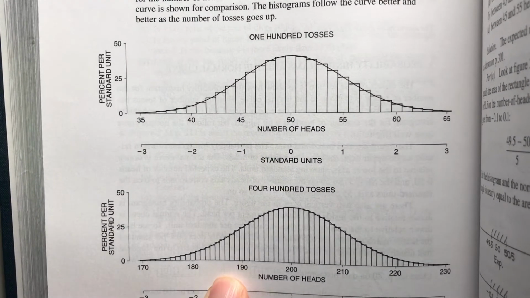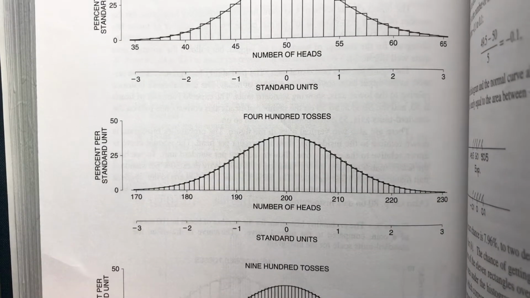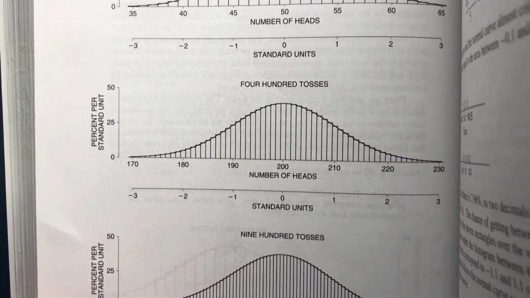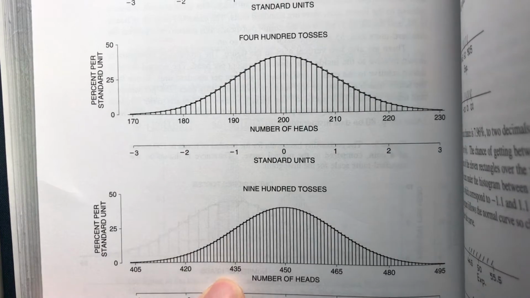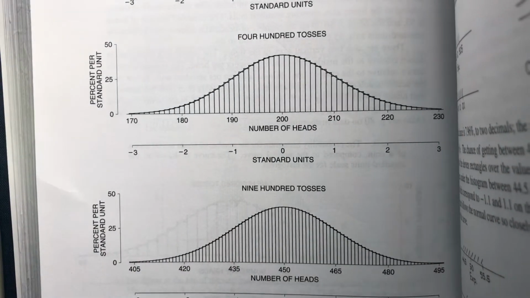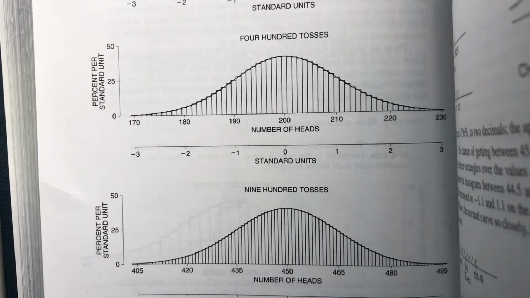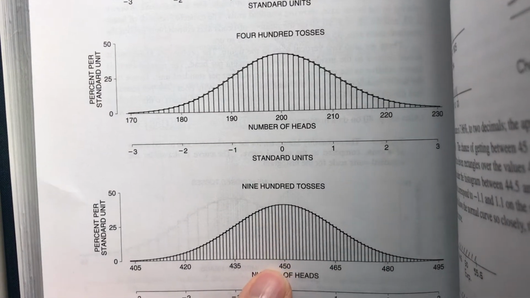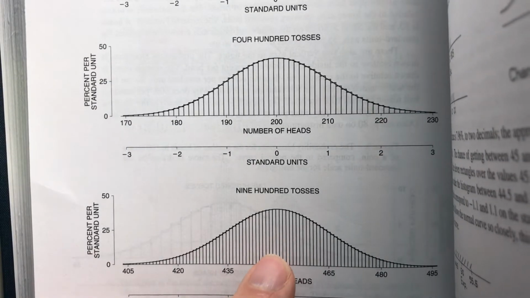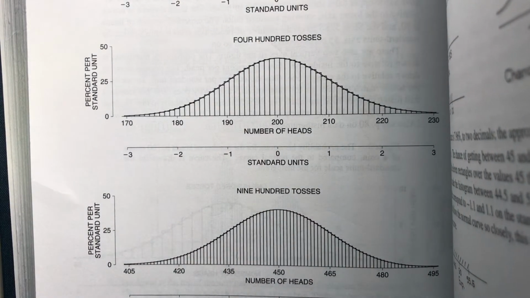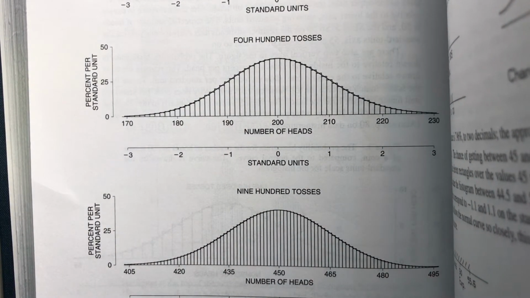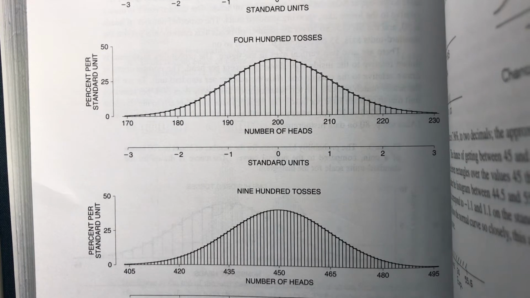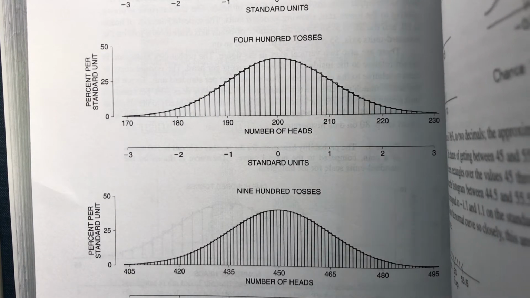This is 400 tosses, so you toss the coin 400 times. And over here, this is 900 times we toss the coin. What happens as you toss the coin more times is you get something closer and closer to a normal distribution. And so part of the point, or I think the point I'm trying to make, is that there are